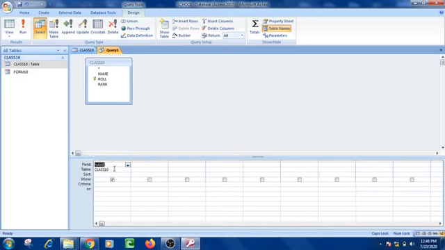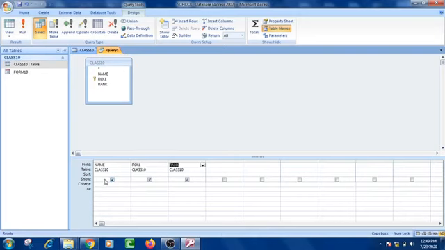Now again I am selecting one more field. I have selected all the fields from there. Now you can move to the next element, that is Show.